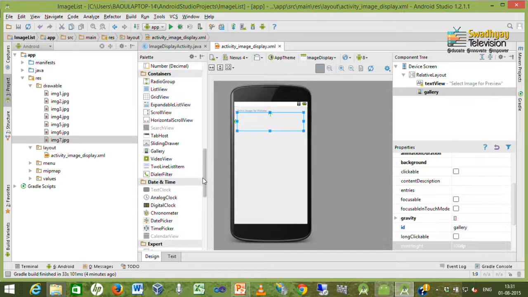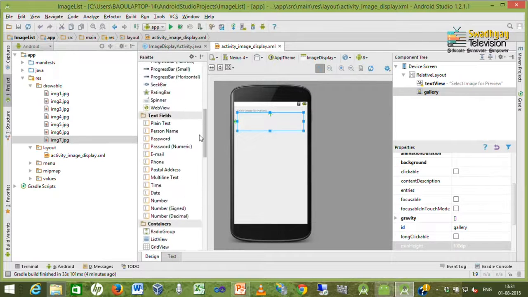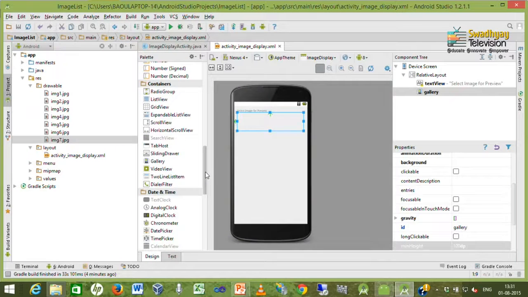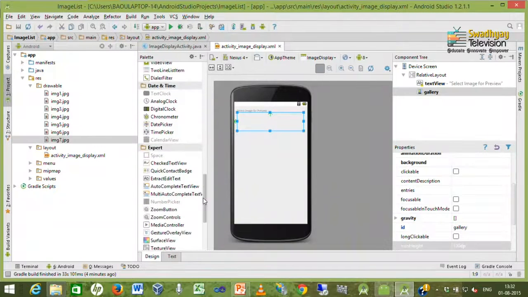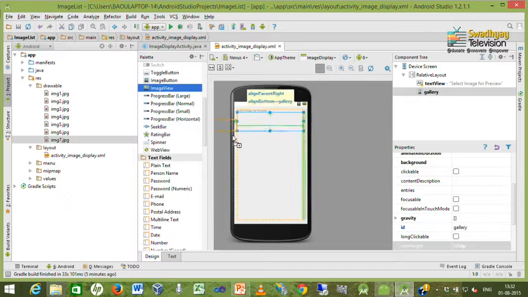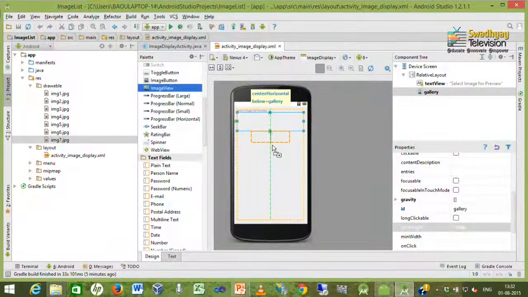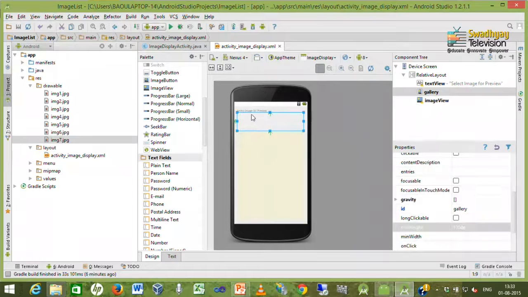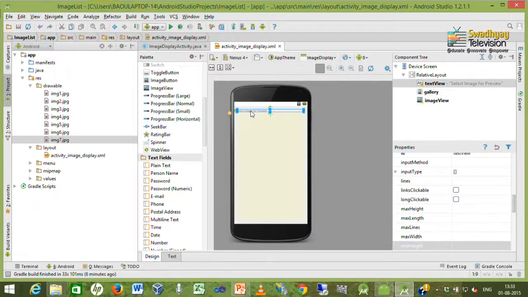Now, we put one image view below this. So, here I am selecting image view from palette. So, now we have three controls: image view, gallery and text view.